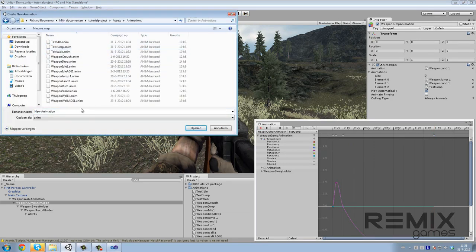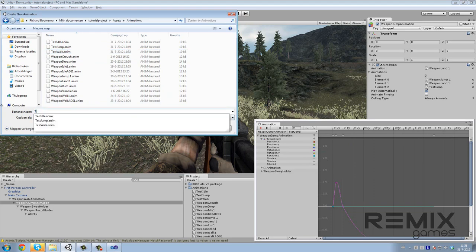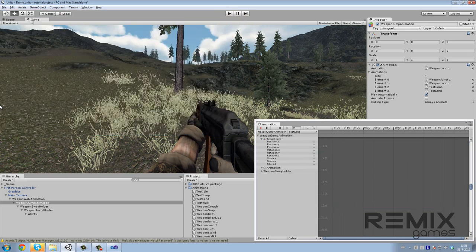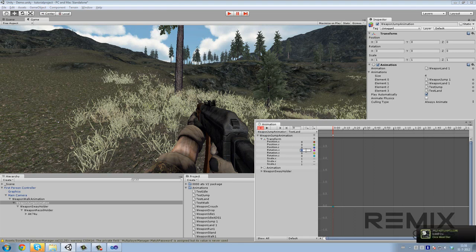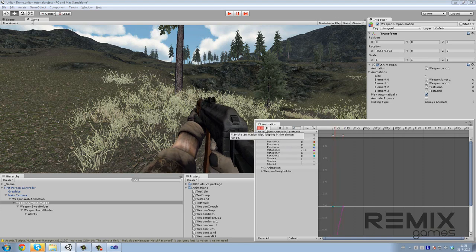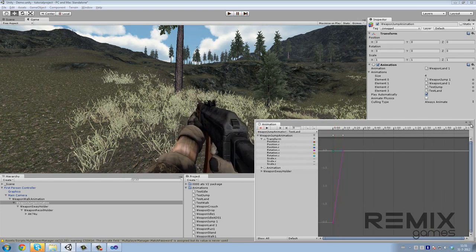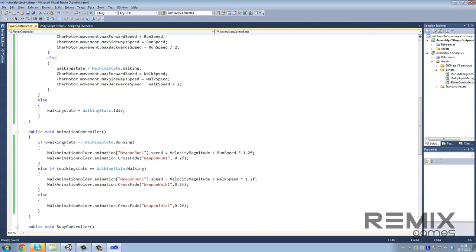We create another animation. Test land. Add the curves again. The land animation has to start at the values where the jump animation ends. So it starts at -2. Then we go to 10 and maybe at 0. Then simple this. If we go here,